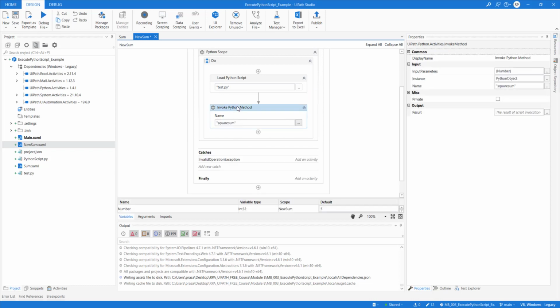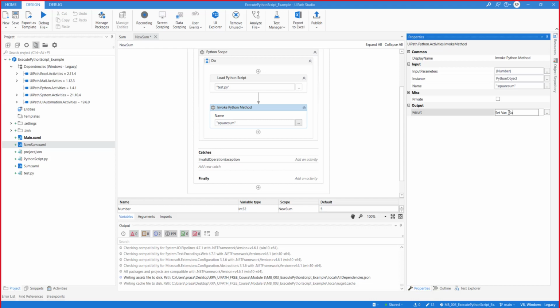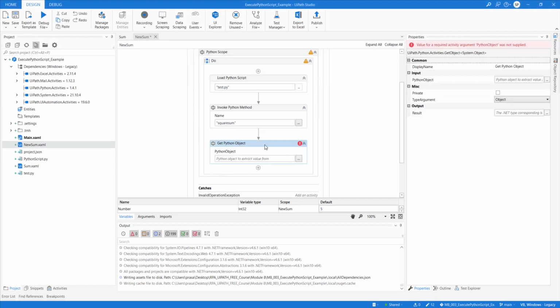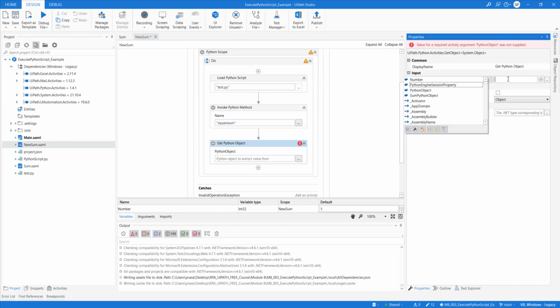Now you need to store the result which is coming after the execution of Python. So in the output, we will say sum, and the result here is a Python object. We'll return the Python object from here. But we cannot perform any operation on a Python object. We need to convert that into a .NET type before we perform certain operations. So the next thing we need to do is get Python object, and we need to pass the Python object that we have used. So what is the Python object we have used?